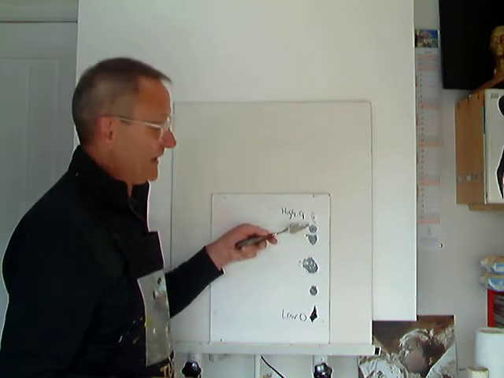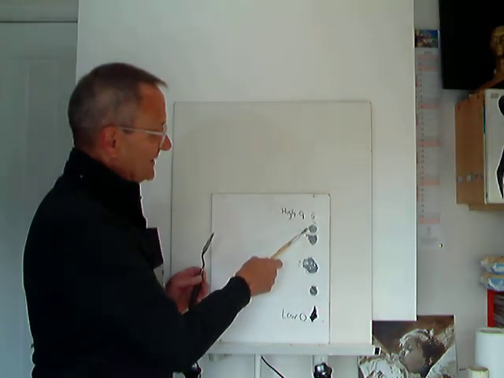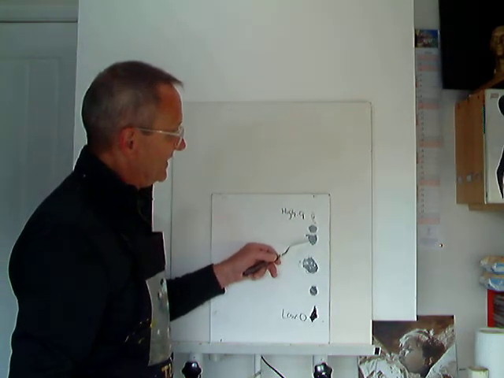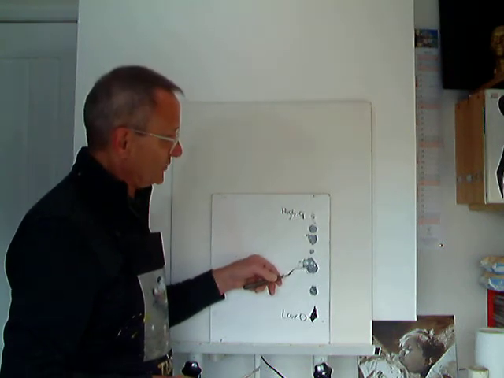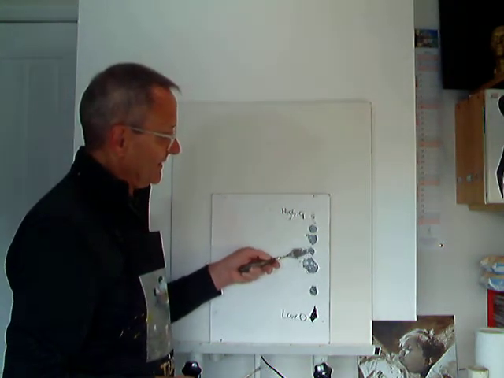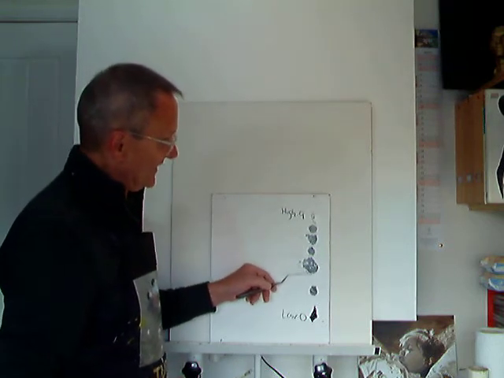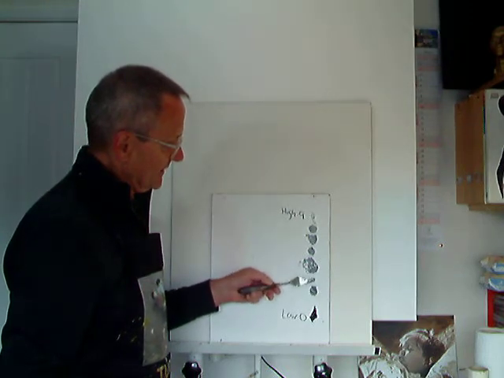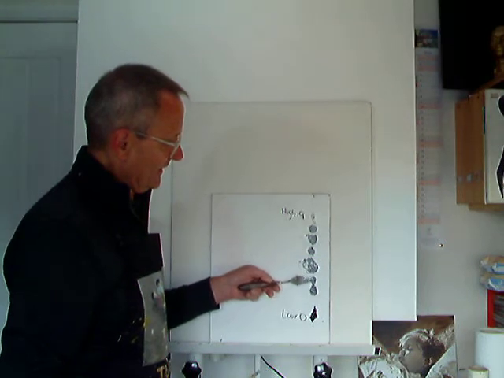Now I hope that's working on the camera because I can't see how it works, but again it's higher than that but lower than that. And we do the same again here. We take a portion of this in there, a portion of this in there, and we move on down. We'll take a proportion of the middle in there, the same amount in there,